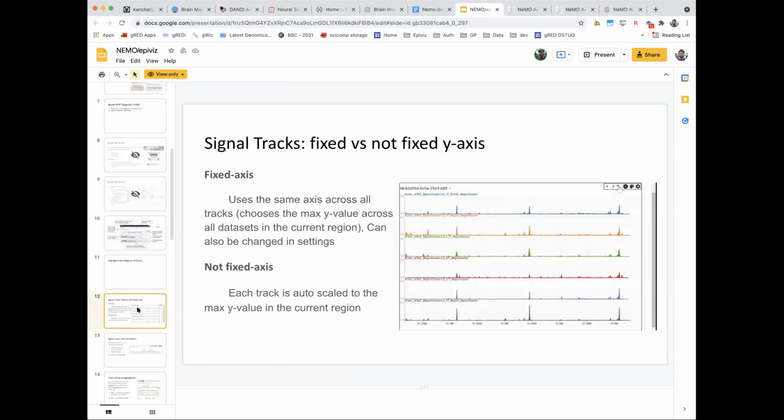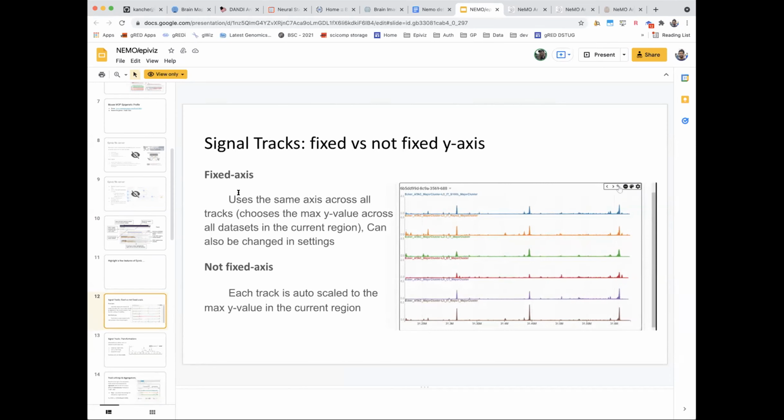Apart from what I've shared, I'll quickly go through some of these. So there's a notion of fixed axes versus not fixed axes. When you run these experiments and get different data, most of these data have their own maximum value within the data set.